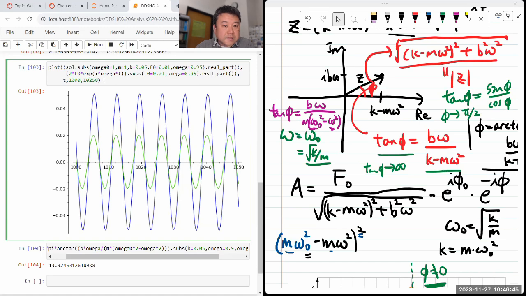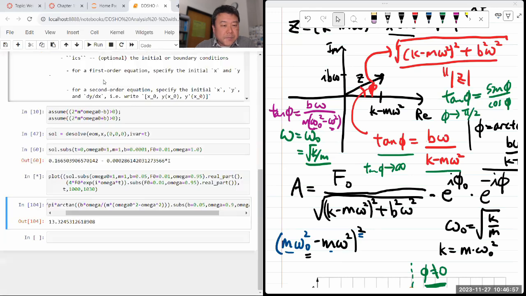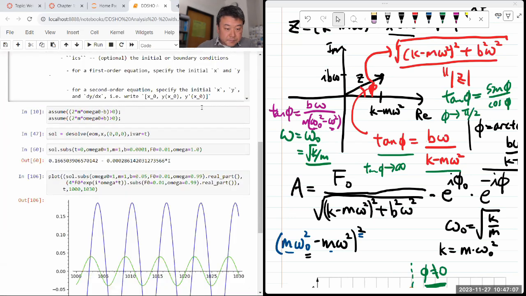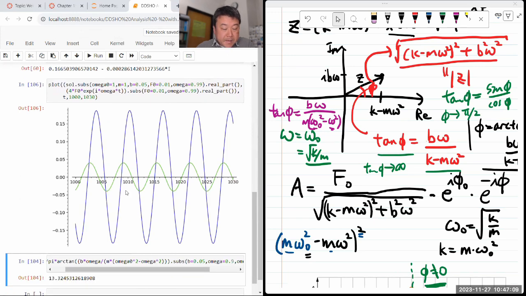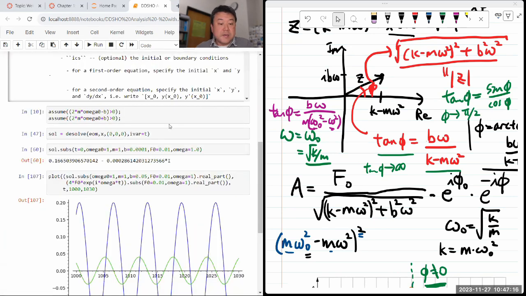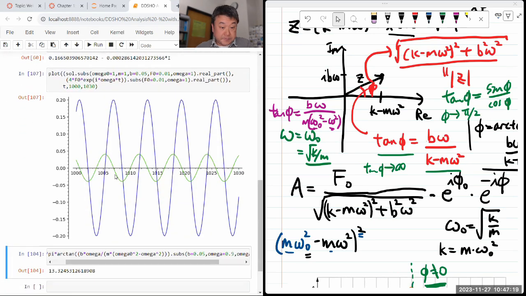Maybe a little bit less, and multiply force by some factor, I don't know, 3 or 4, so that it can kind of keep up. It's beginning to get out of phase more and more. Let me put it to 9.9, and